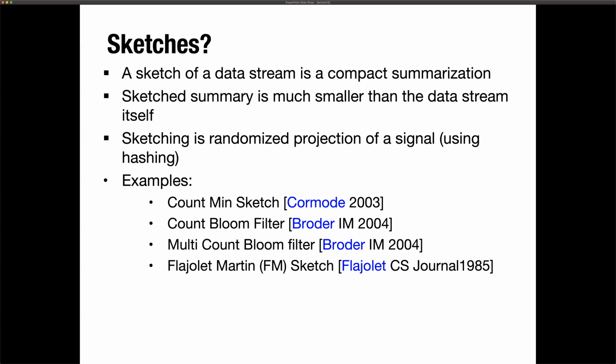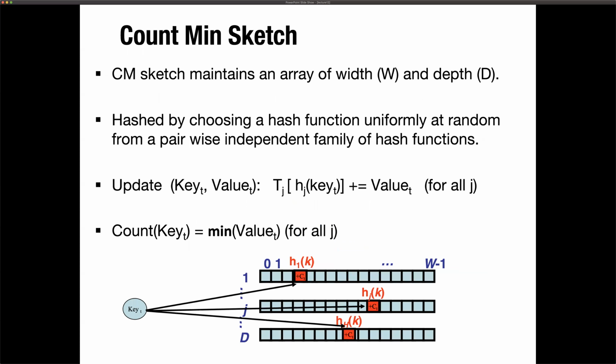So let's move forward with the sketches with some history and context in place. The Count-Min sketch is a very popular data structure. It maintains an array of width W and depth D. It hashes by choosing a hash function uniformly at random from a pairwise independent family of hash functions. I would get away with the math here and focus on the key idea. Whenever a packet comes in, whenever a key comes in and you're trying to maintain its count, right? What you will do is that you have